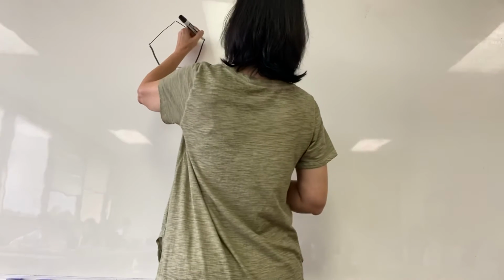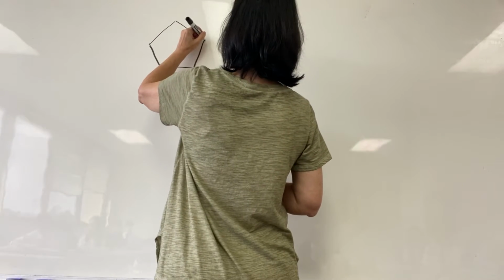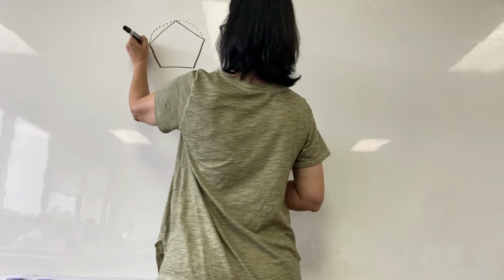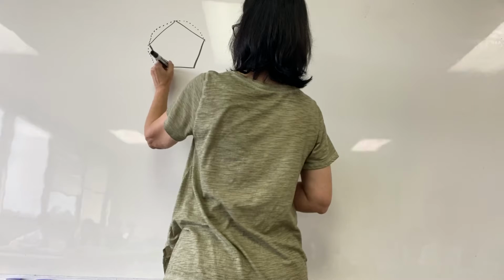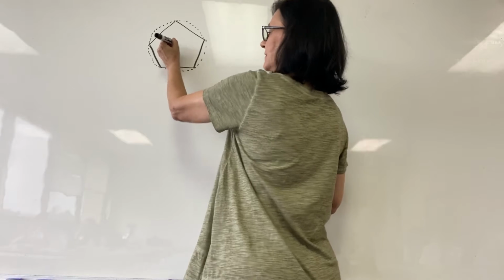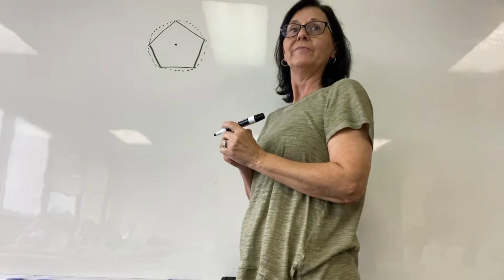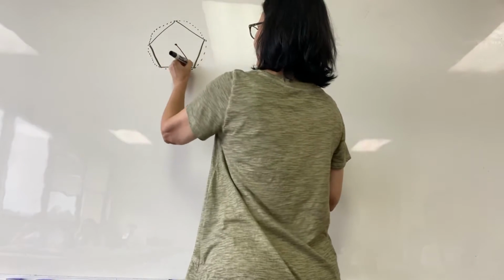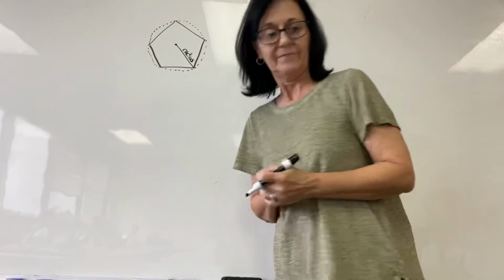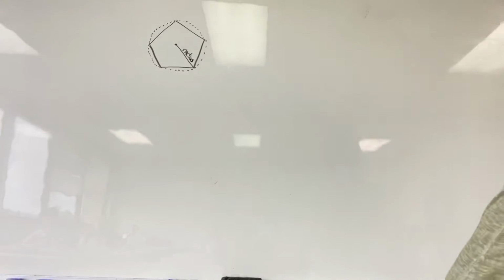So I do perpendicular bisectors. So I have a circle, right, that I am circumscribing. What is the radius from the circumcenter to a vertex? That's called a radius. That was easy, wasn't it? Okay. Now,